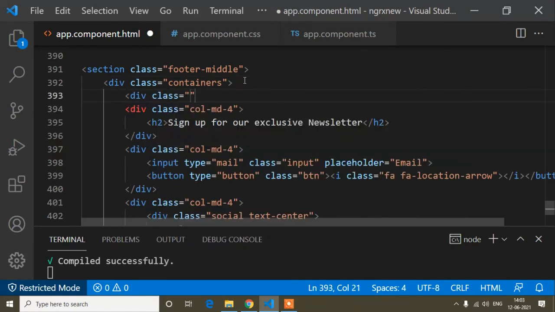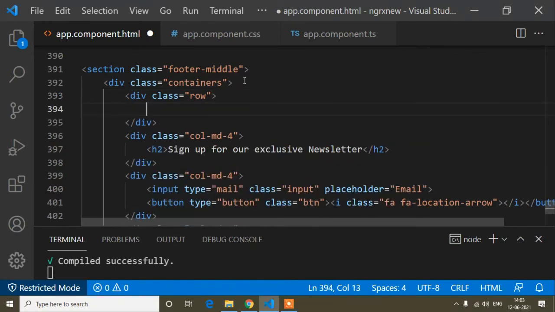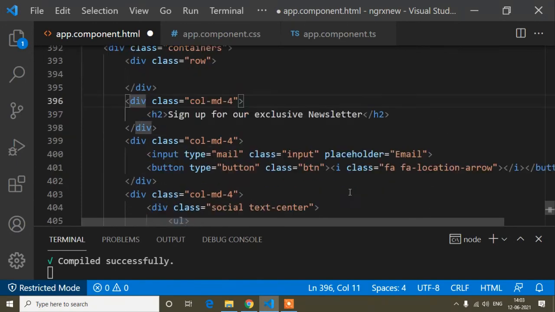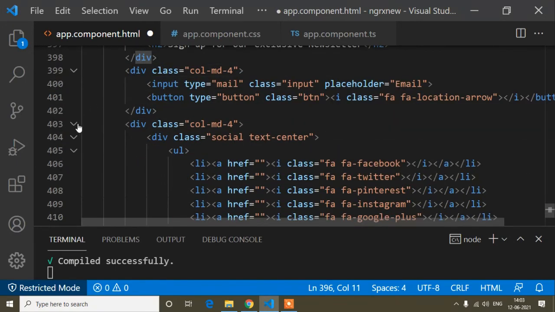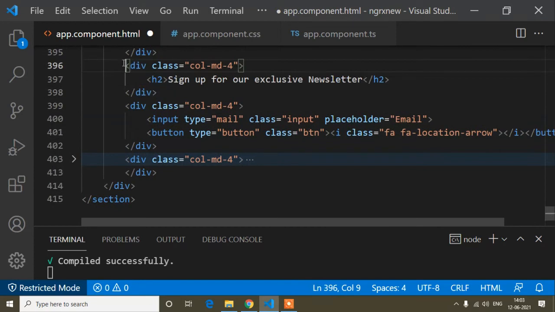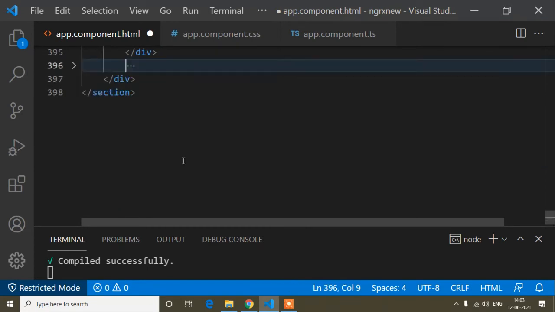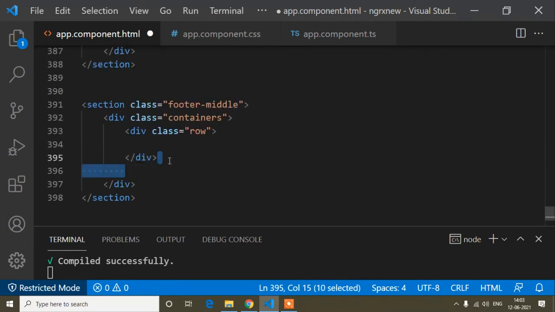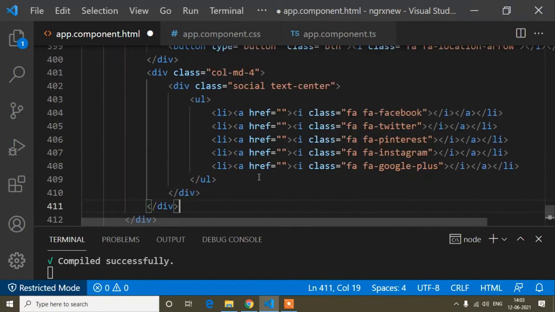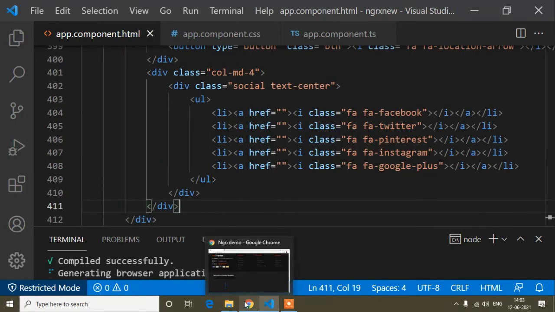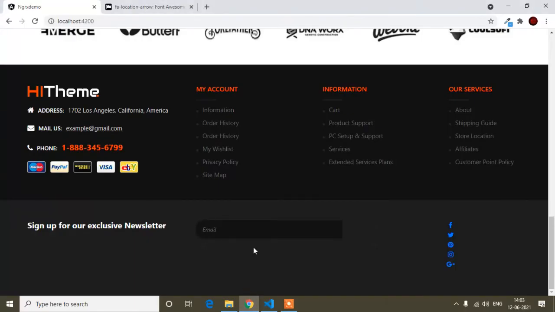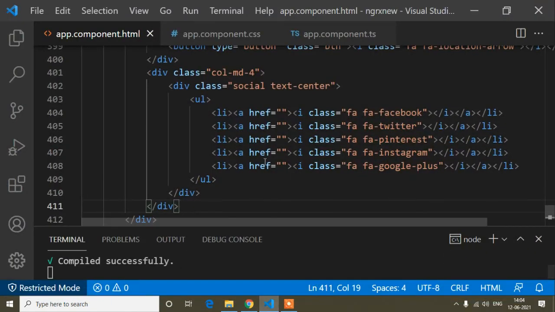You can see here I made this column without a row, so the column was not working. So I will cut from here and paste it inside this row. Now you will find this grid will work. So if I see, you can see. Now guys, here you can see the column. Now it's divided by column. So this one is done.